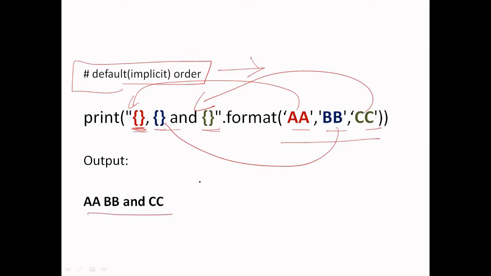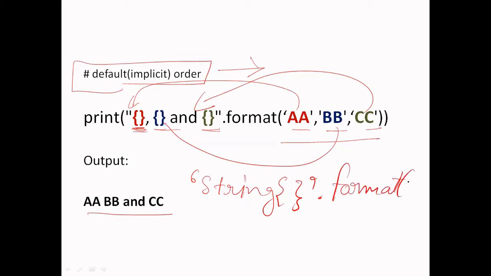The syntax is string. We have to write a string, then inside this string we can use the placeholder using curly braces anywhere in the string, and then we use the format method, and inside this format method we provide a variable or value which we want to put here. So the answer will be here string A. Basically this part will be replaced by this string.